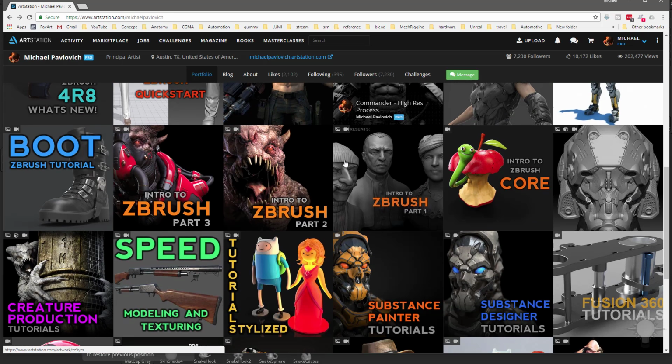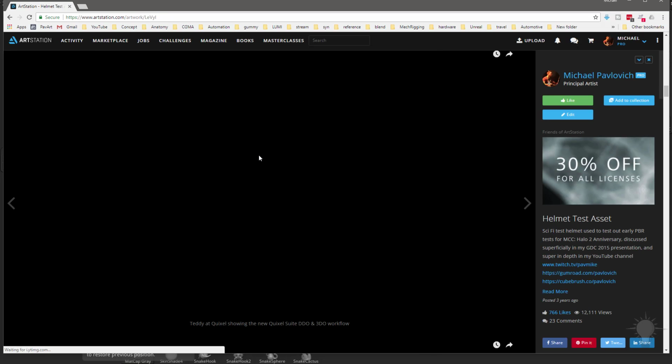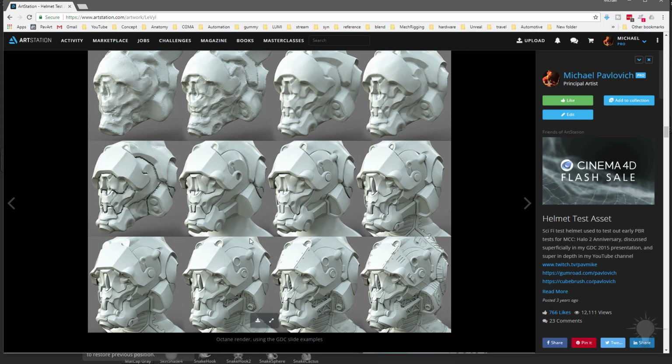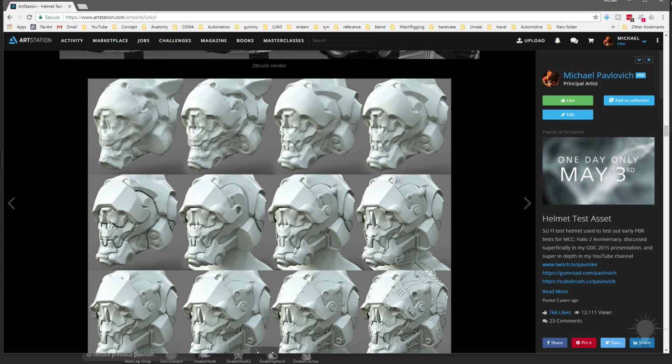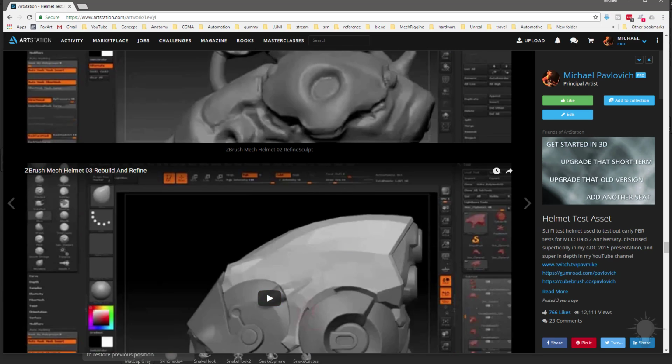And if you want to go really old school, we can go back down here to this helmet here. This is a very, very old helmet, but the exact same methods still apply. These were made when a lot of the features in ZBrush I'm going over now were, of course, not in existence. This is actually a very old version of ZBrush, back before even ZModeler. But you can see the sketching part and the refining part, essentially just getting your ideas out quickly, is still the same. And if you keep scrolling down, you'll get the videos of the making of this.